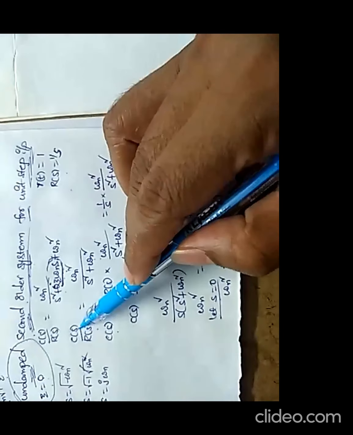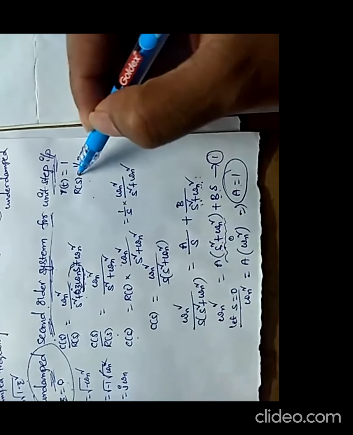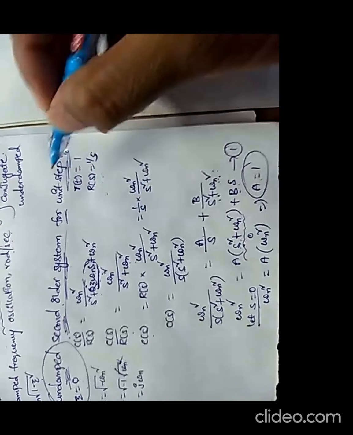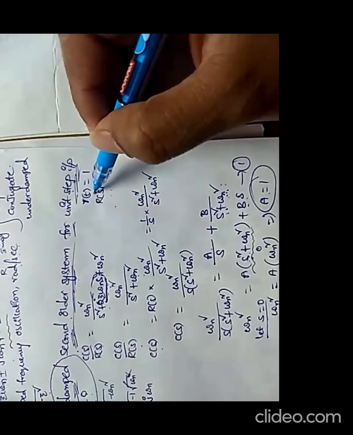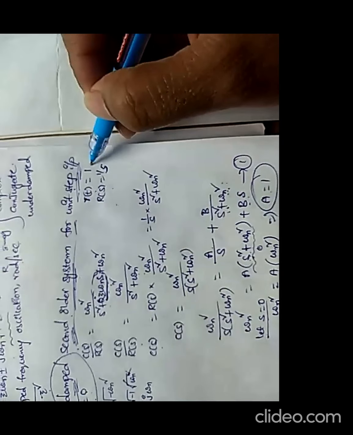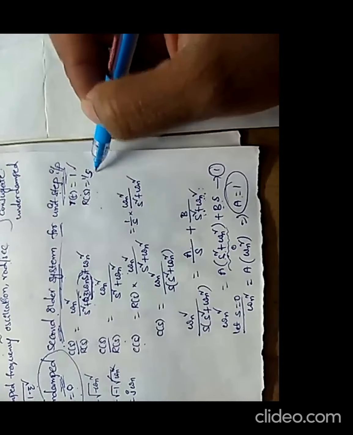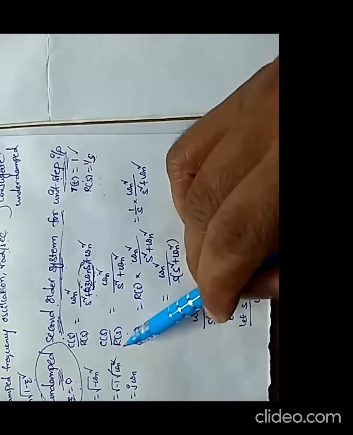So C of S equals this multiplied with R of S. Here R of S is nothing but the reference input, but here the input is a step input. In case of a step input, R of t equals 1. Converting the time domain to the S domain, R of S equals 1 by S. So instead of R of S, just replace it with 1 by S.